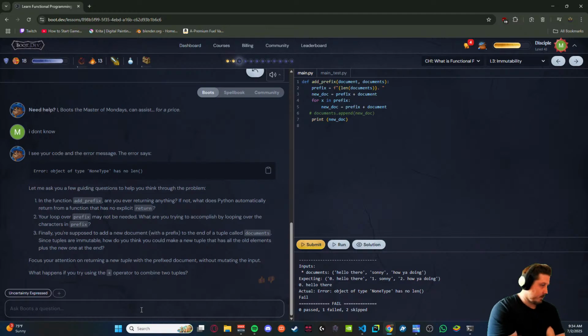I don't know. Focus your attention on returning a new tuple with a prefixed document without mutating the input. What happens if you try using the plus operator? I don't know what I'm trying to do.